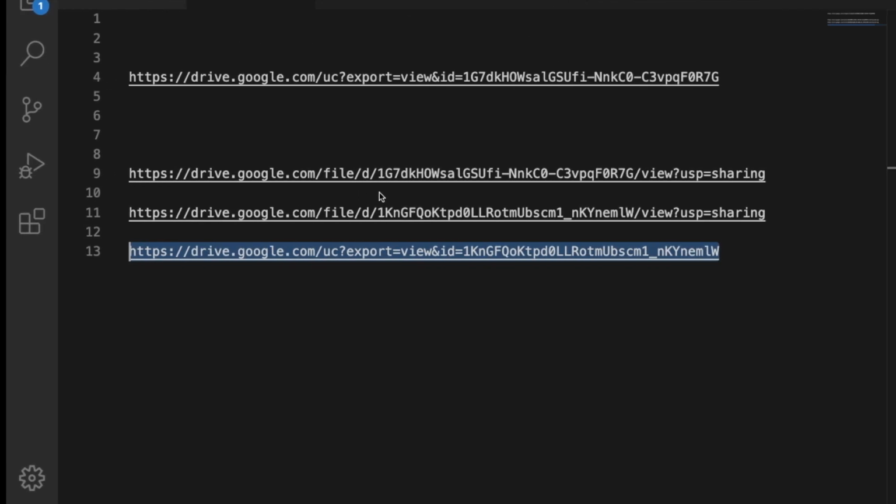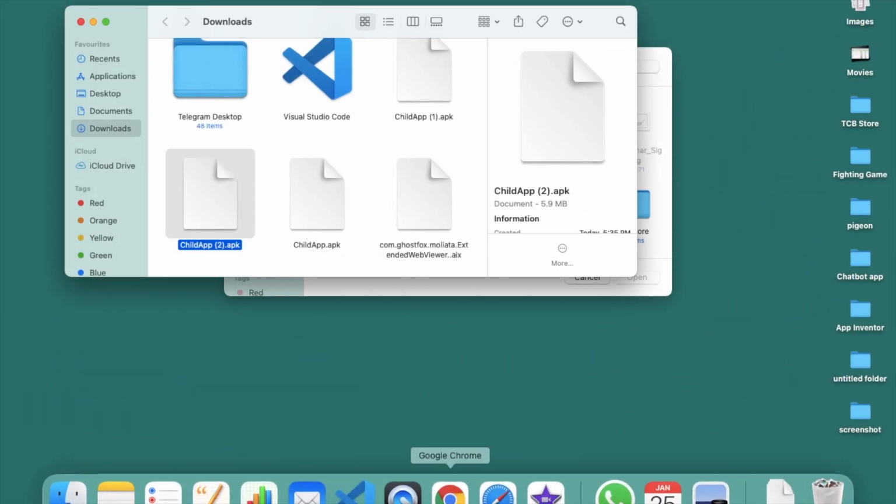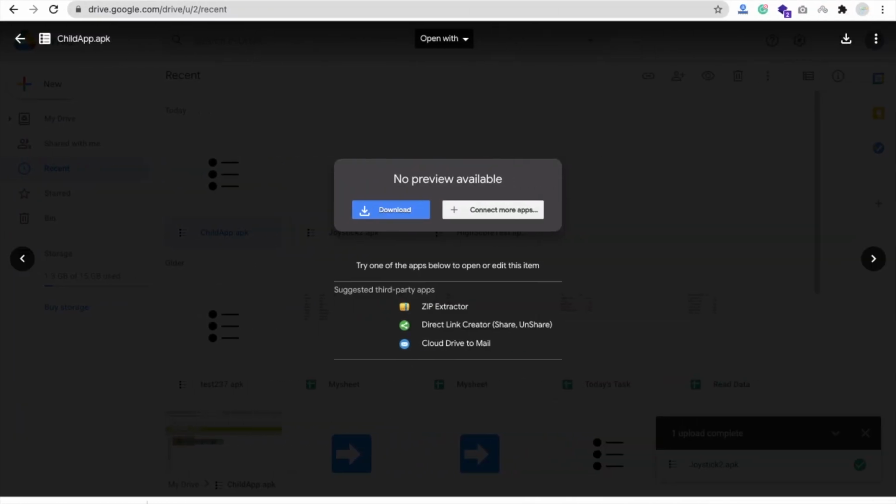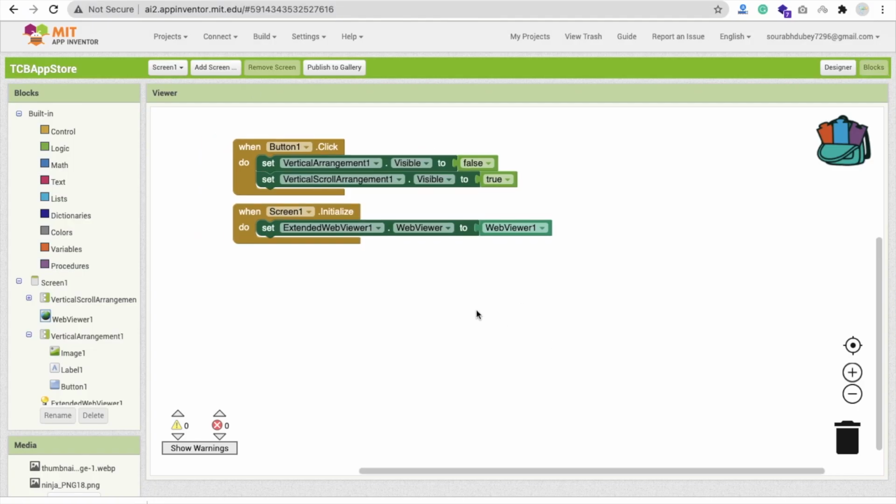Now what we will do is go to MIT App Inventor here. Fine. Now we have a direct download link, but we are using the extended web viewer to download this and make this link work, because our normal browser does not support direct download.